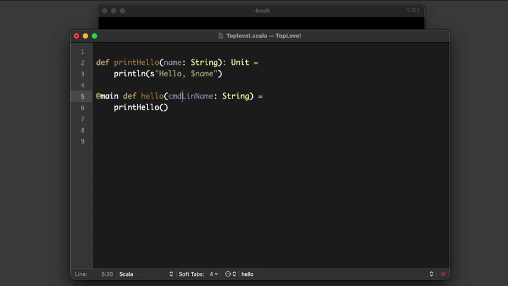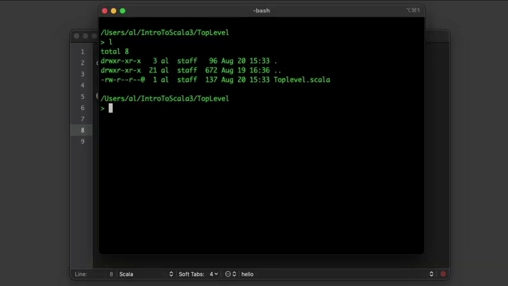Oops, I will correct that and do that. And so that's actually the complete application. So I'm going to go ahead and save that. Then I'll go over here to the command line. And you can see now I'm in a directory where I have this file. And I can run that with Scala CLI like this,